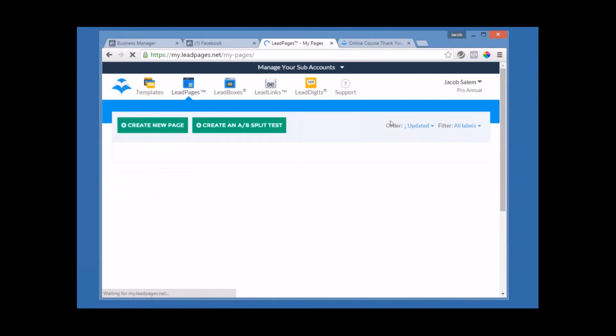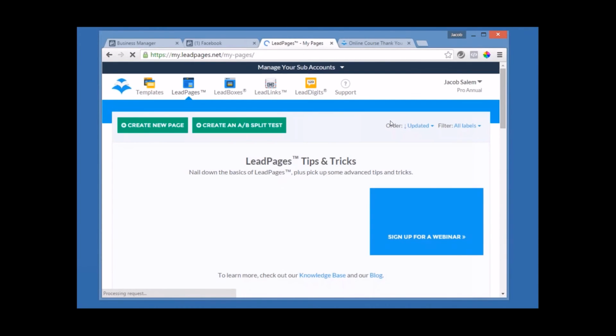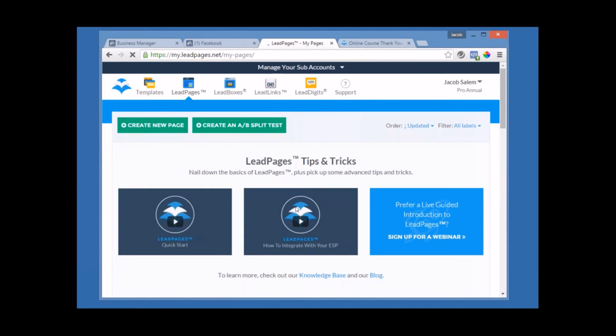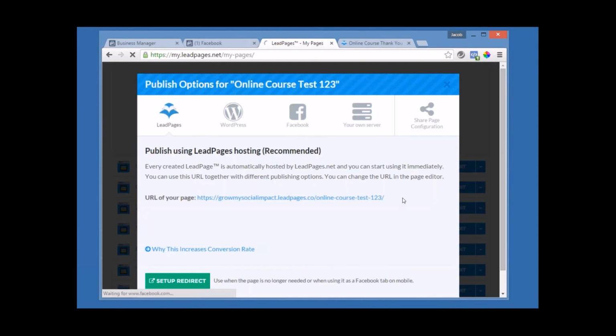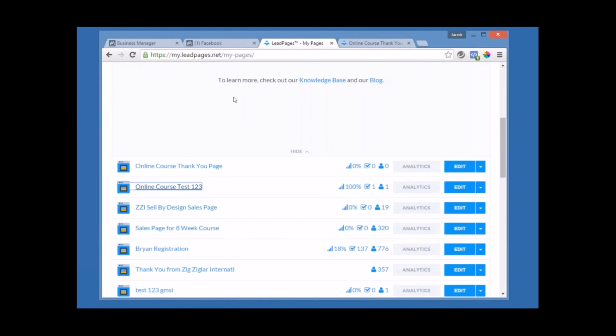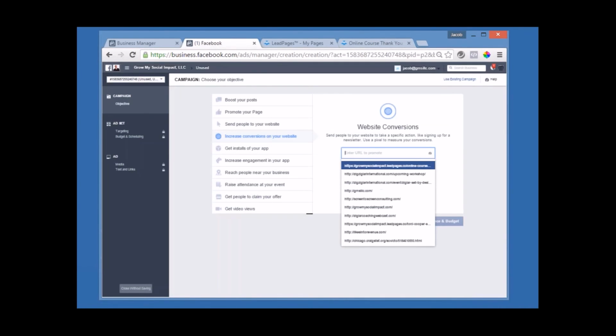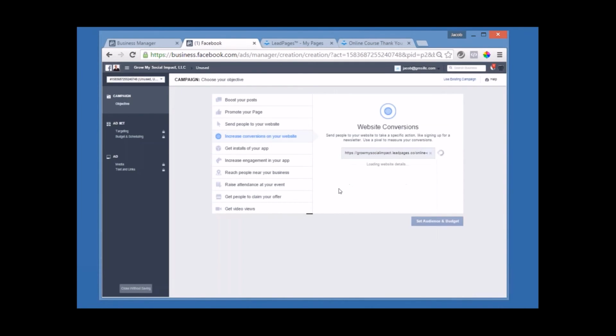And I don't want that to be confused with your thank you page. Again, this now that you're running to is the actual lead page, landing page you're sending to for them to give their name, email, and phone number. In our case, it was online course test 123. So we'll click on that and get our URL. So they're going to go to this page, and from this page they're going to be redirected to our thank you page with the conversion pixel. So we copied that on here. We're going to paste it in. Once it's in and ready to rock,